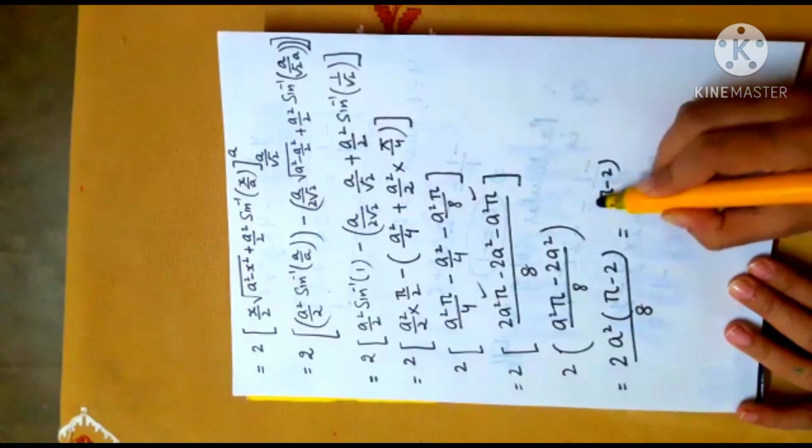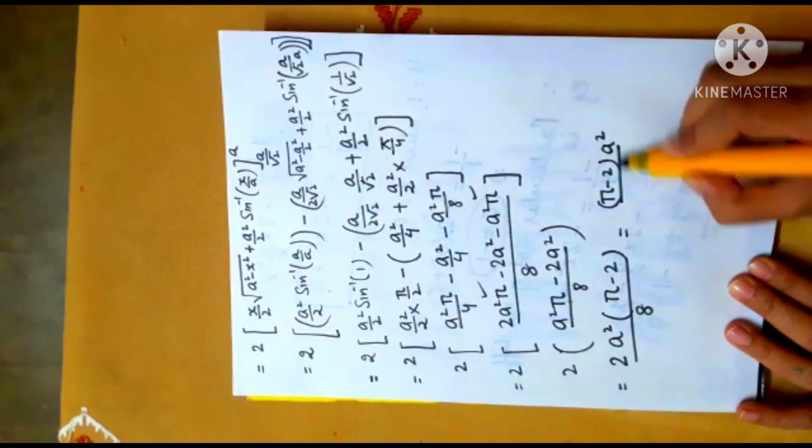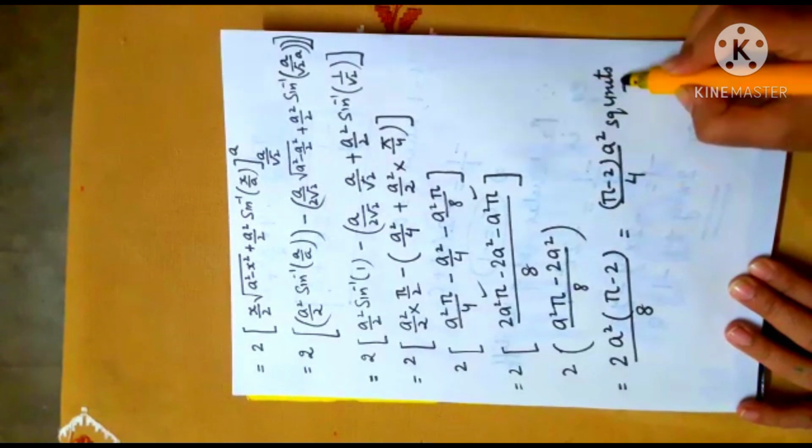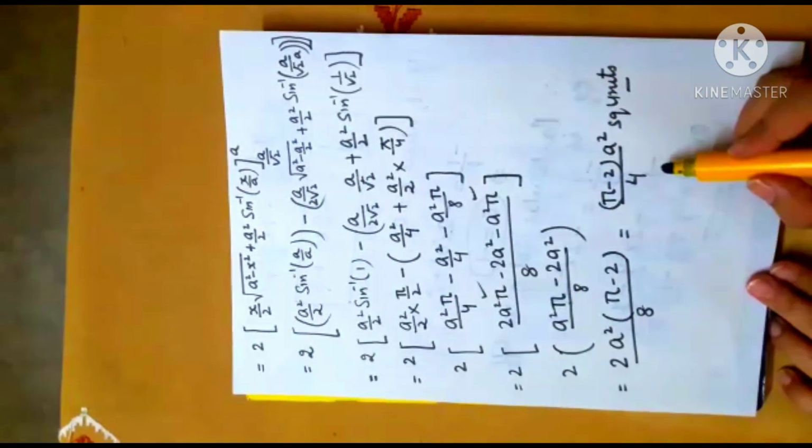That will give you pi minus 2 into a square over 4 square units. So the required area is